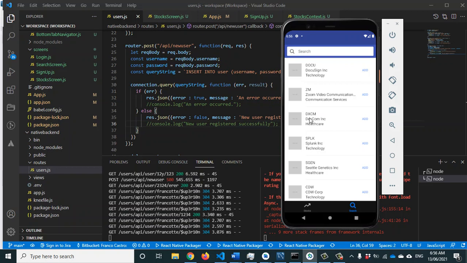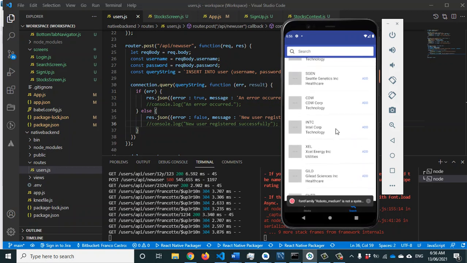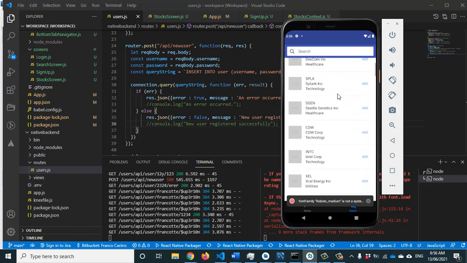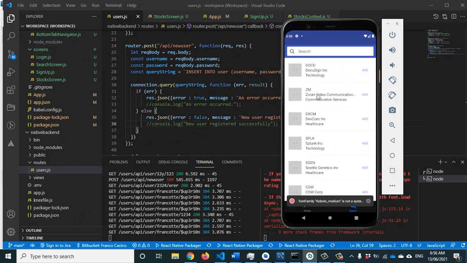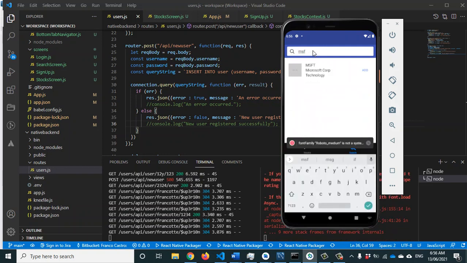But well, here's the search screen, very similar to the search screen that we implemented in the previous assessment. So I'm reusing the same APIs of that project, and for this functionality specifically we have the list of all the companies, and we can use a search field to filter companies. Okay, the API is a little bit slow, as you can see, but we can use it for this presentation without any problems. So we are able to search for specific companies,